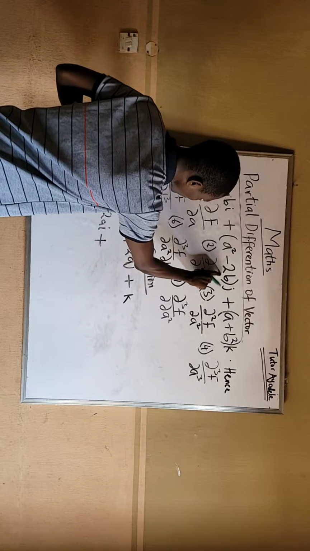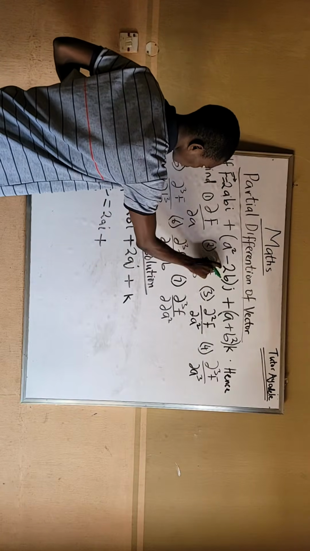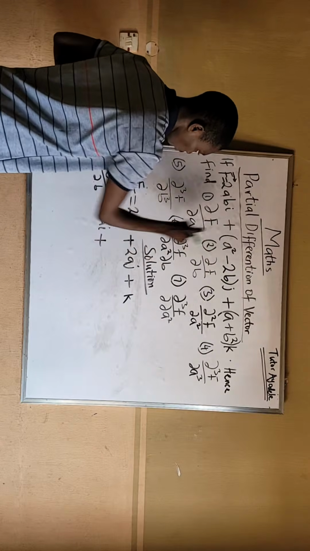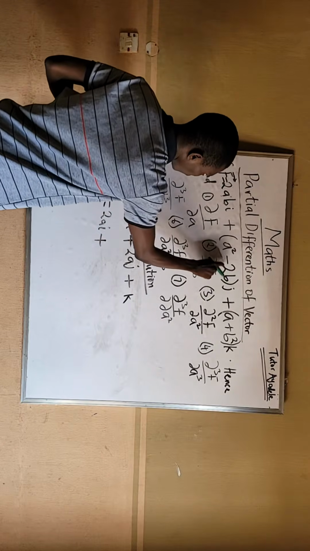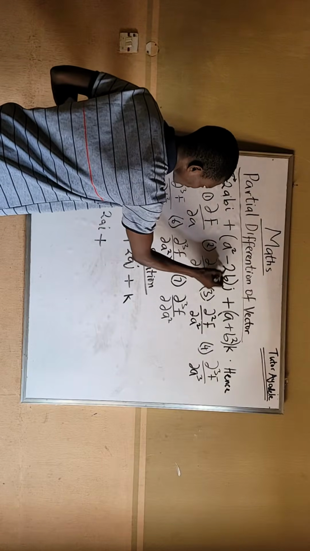If I differentiate this one now, take note. This minus belongs to this. This minus belongs to this. And mind you, there's a plus. This plus is this. So here now we have minus 2b. Now, if I differentiate minus 2b,